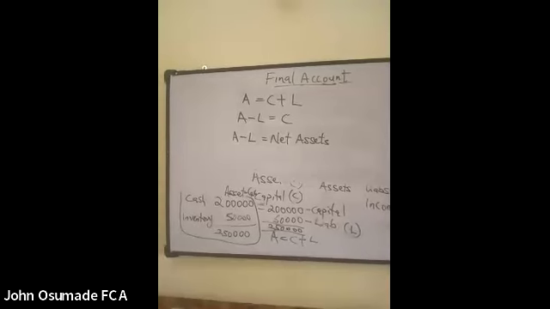If asset equals capital plus liability, when we mathematically change the formula and bring liability to the other side, where you move plus L to where A is, it will become minus. Immediately it crosses the equal sign, it will become minus. So asset minus liability will still be equal to capital. And moving forward, asset minus liability is the same thing as net asset. If you look at your